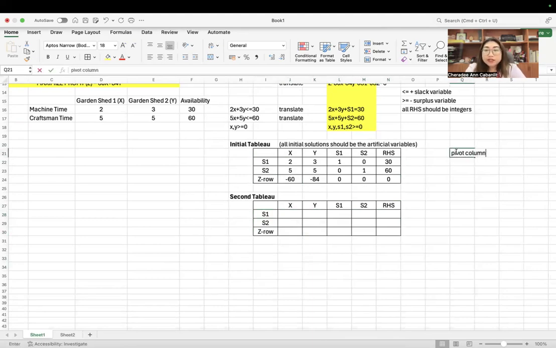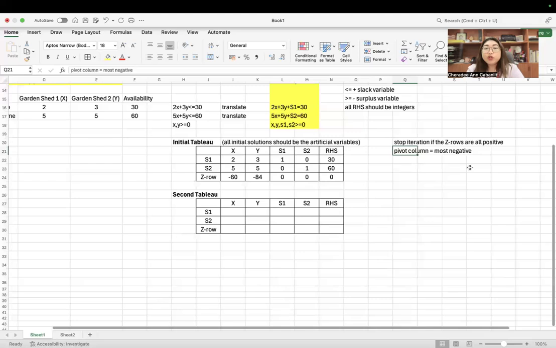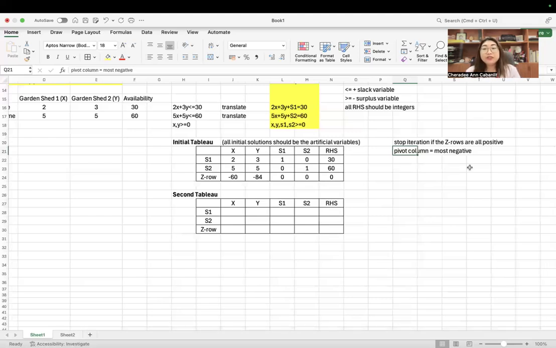The pivot column is the most negative. Okay, so which one is the most negative? By the way, you will only stop the iteration if all the zeros are positive.